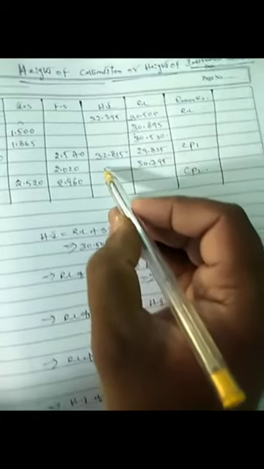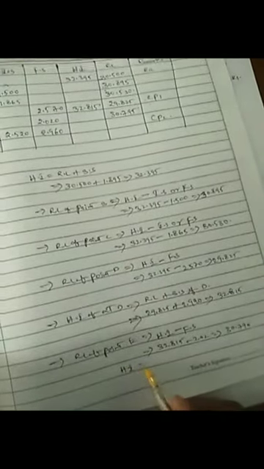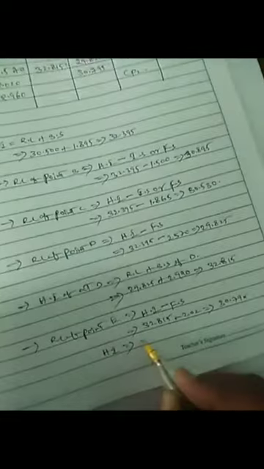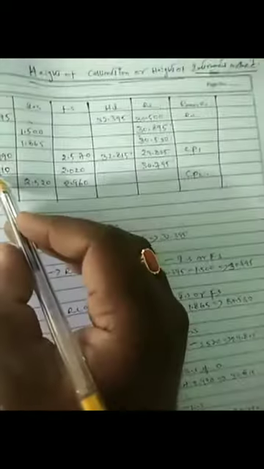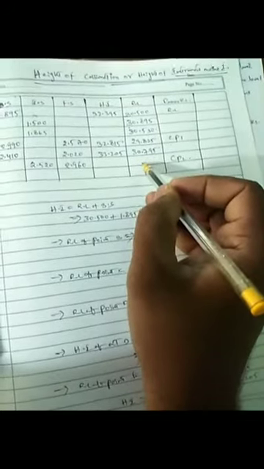Then again after here we are having the height of instrument. So to get the height of instrument on the point E, HI is equal to what we have to do. We got the RL now, 30.795 plus backside 2.410, that is backside on E. Then you will be getting 33.205. So we have to write here 33.205.